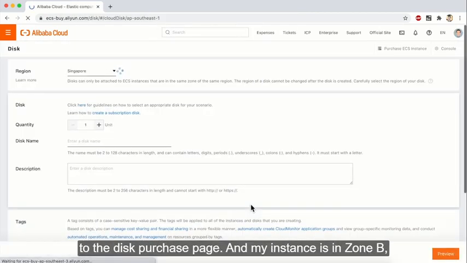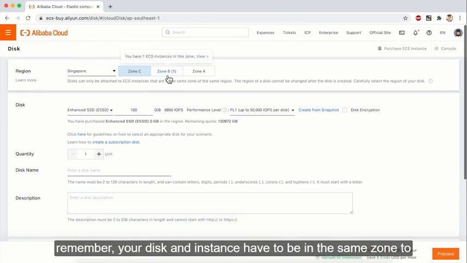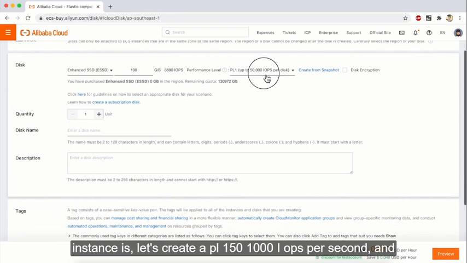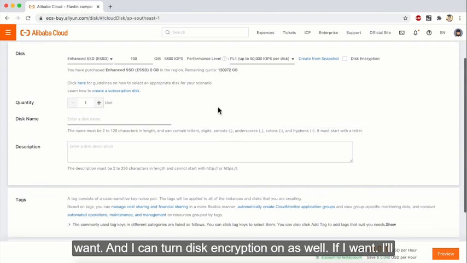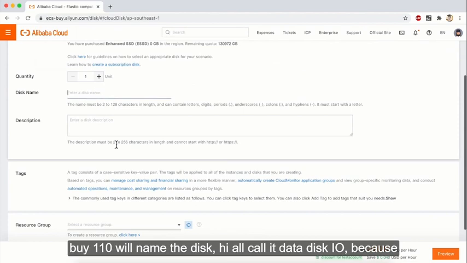That will take me over to the disk purchase page. And my instance is in zone B. Remember, your disk and instance have to be in the same zone to work together. So I want to create my disk in zone B where my instance is. Let's create a PL1, 50,000 IOPS, and 100 gigabytes. I can choose to create it from a snapshot if I want, and I can turn disk encryption on as well if I want. I'll buy one, and we'll name the disk, I'll call it data disk